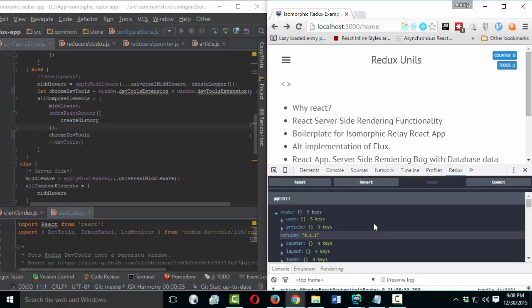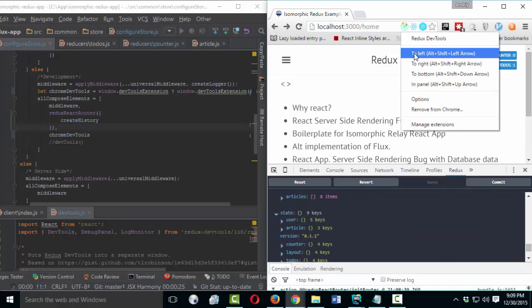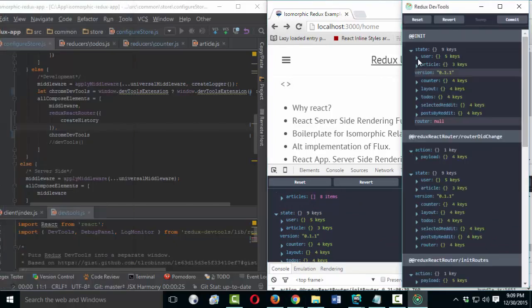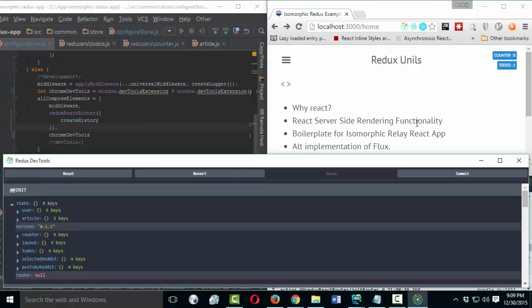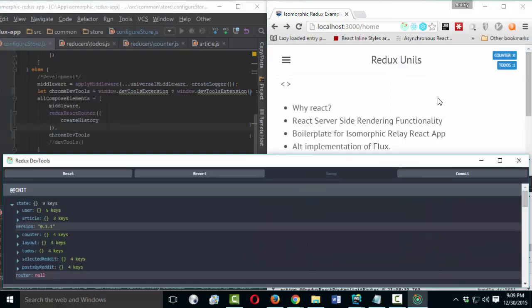Here, Redux. Right click with the mouse and open it on the left or on the right, or just use the shortcuts Alt-Shift arrows to move it.